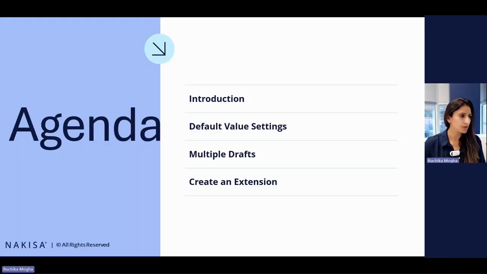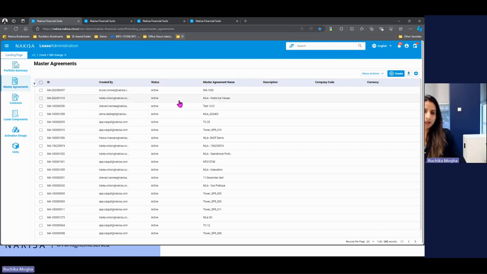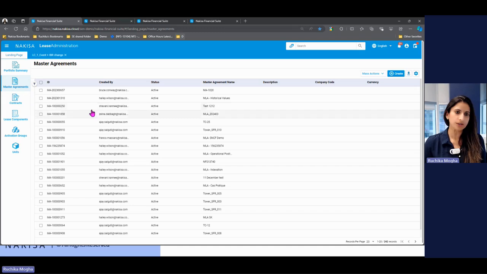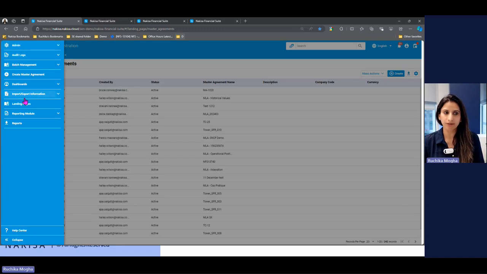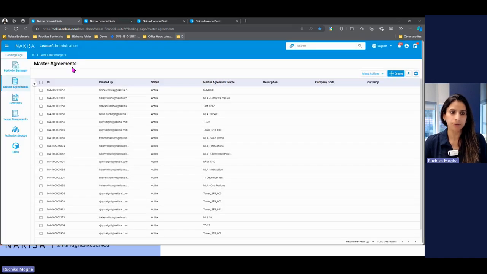Let me share my screen for the UI. So when we come on our latest version's landing page, we will see a similar look as compared to the previous version. We have the main menu and we have the column on the left have the different locations we can reach for logs, batch management, creating a master agreement, which is pretty similar to what we have in our previous version. If we come on the landing page, just going back, we have the objects here, the master agreement,